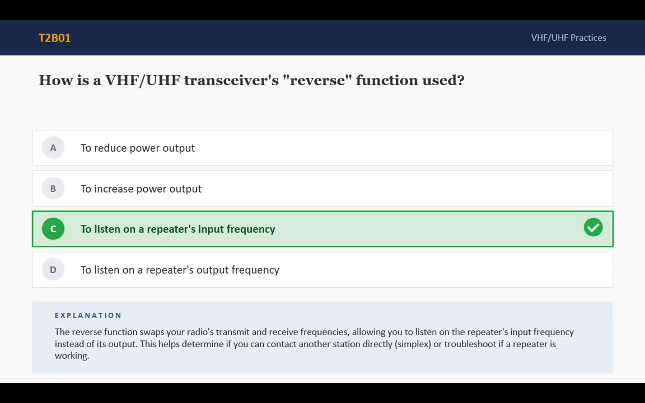How is a VHF-UHF transceiver's reverse function used? C. To listen on a repeater's input frequencies. The reverse function swaps your radio's transmit and receive frequencies, allowing you to listen to the repeater's input frequency instead of its output. This helps determine if you can contact another station directly by simplex or troubleshoot if a repeater